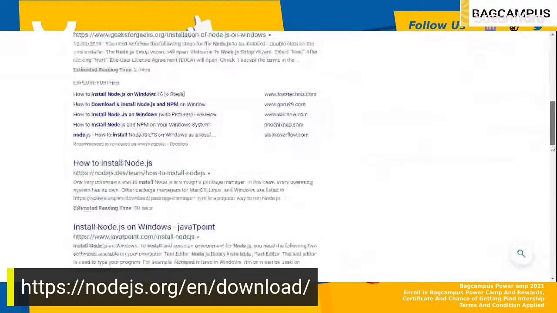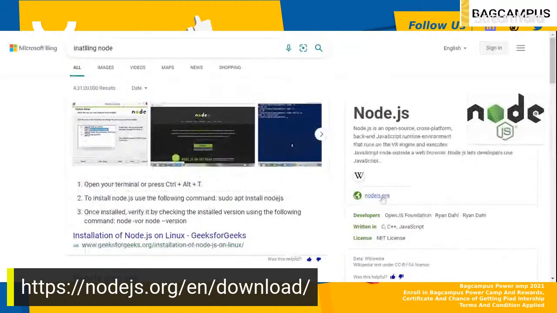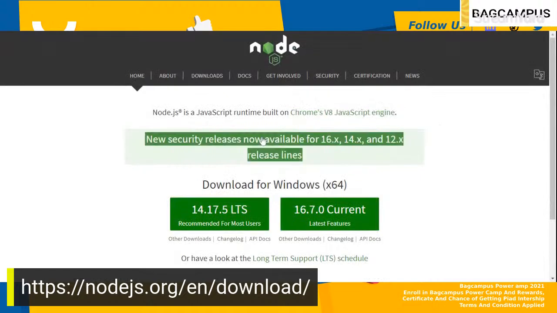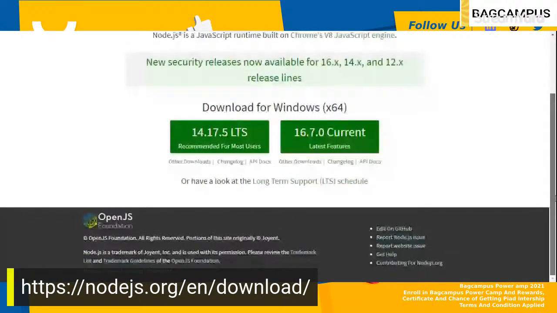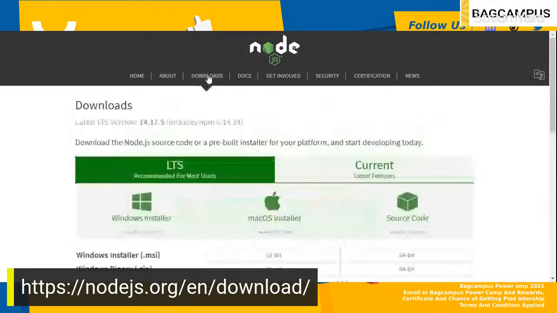Okay, so I'm just clicking on this nodejs.org, simple website which will provide you like this. So you can just download the LTS version. So if I will go to download, you can find the latest LTS version is 14.17.5. This is 2021, so August of 2021. Include npm with